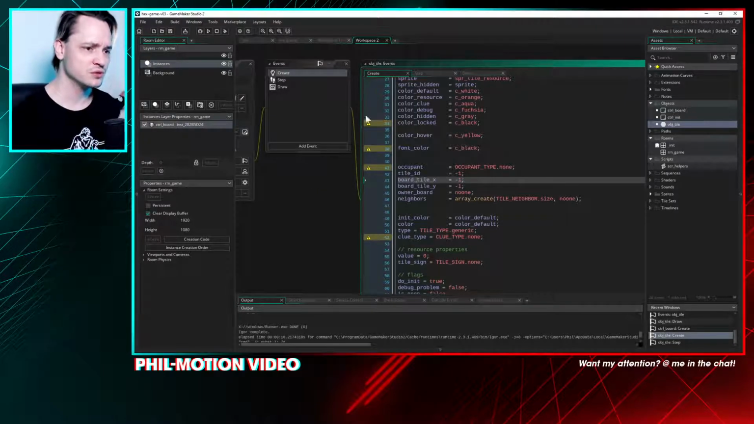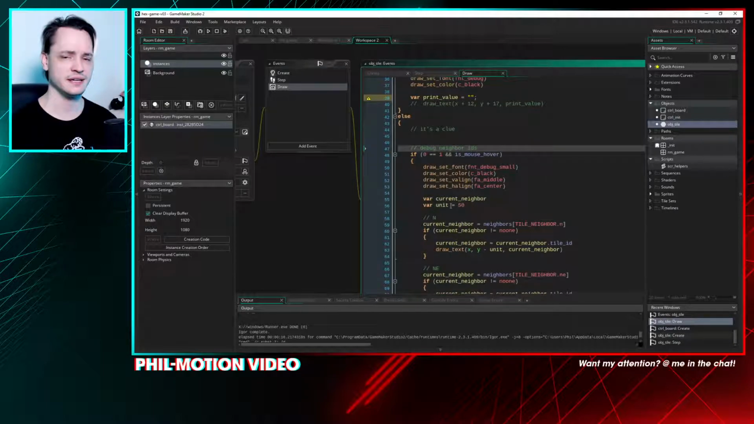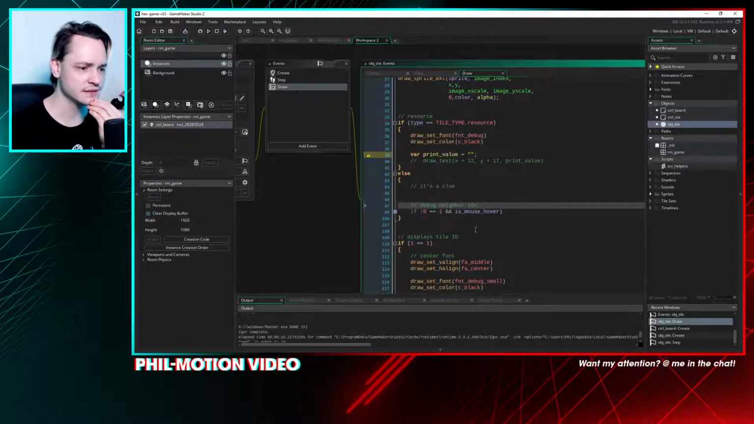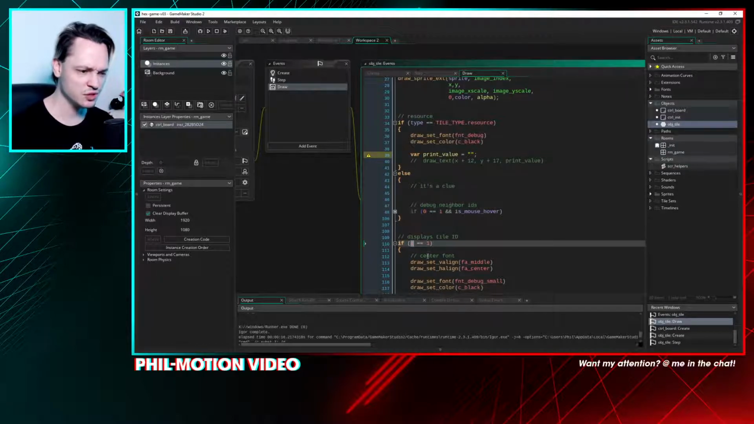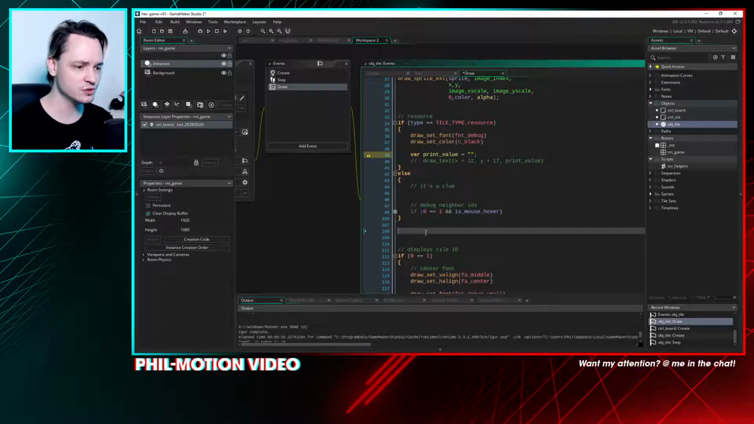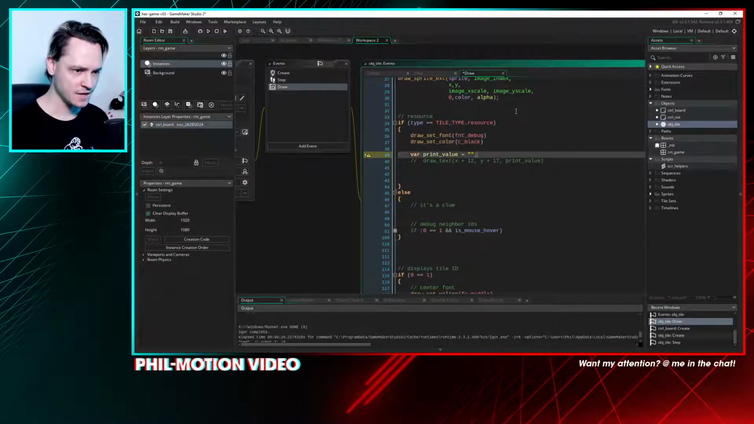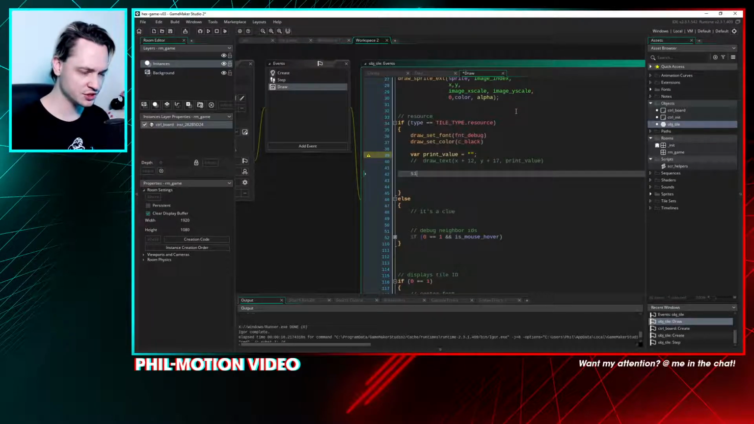Okay, and now we should define occupants for something. And also what I want to do is to see them drawn, also for debugging purposes. So what I'm not doing is debug neighbor IDs, display tile IDs. I don't want to display the tile IDs for now. What I want to do is just draw maybe, yeah, just maybe a number. Should we also do this number thing? No. If it's of type resource, draw set font, print value. I just say switch occupant, and